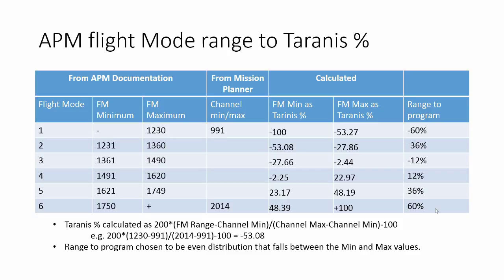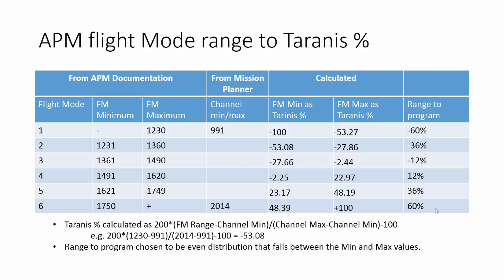The way I'm doing this is I'm taking the APM documentation value, subtracting the minimum that I'm getting from my Taranis, so I could use the 1000. I am taking the maximum, subtracting the minimum from it, and dividing by 2. So,